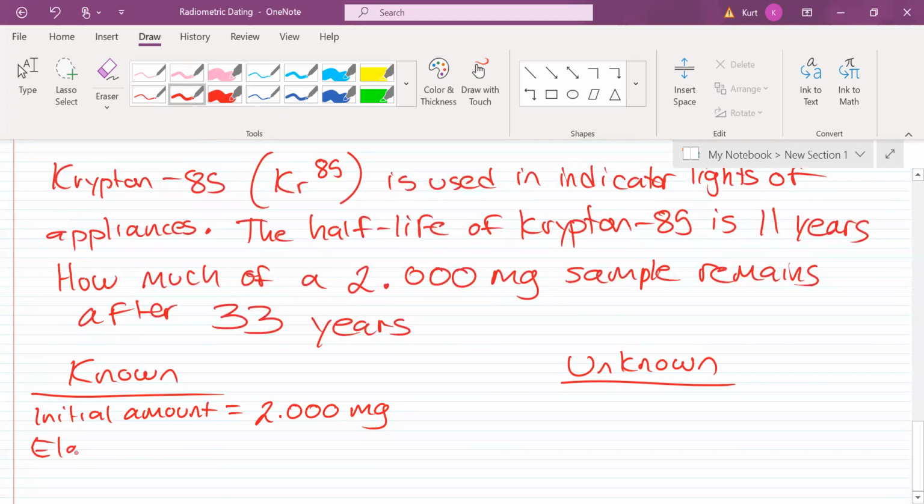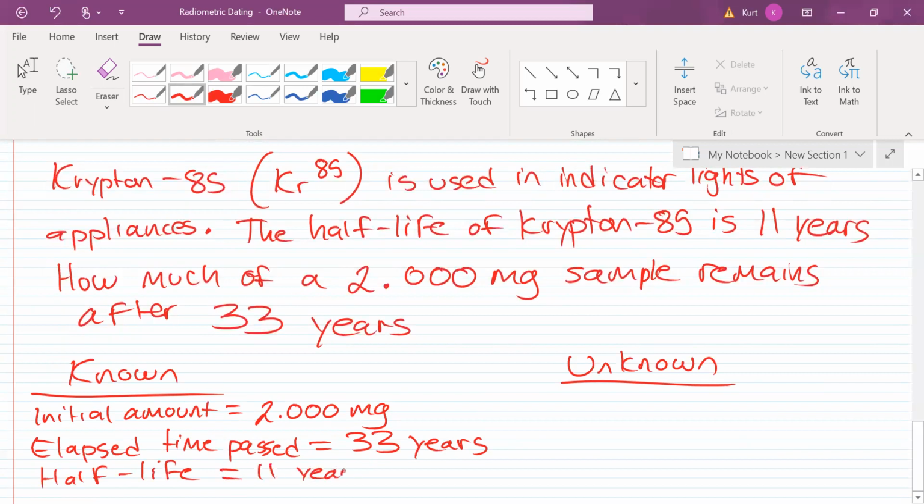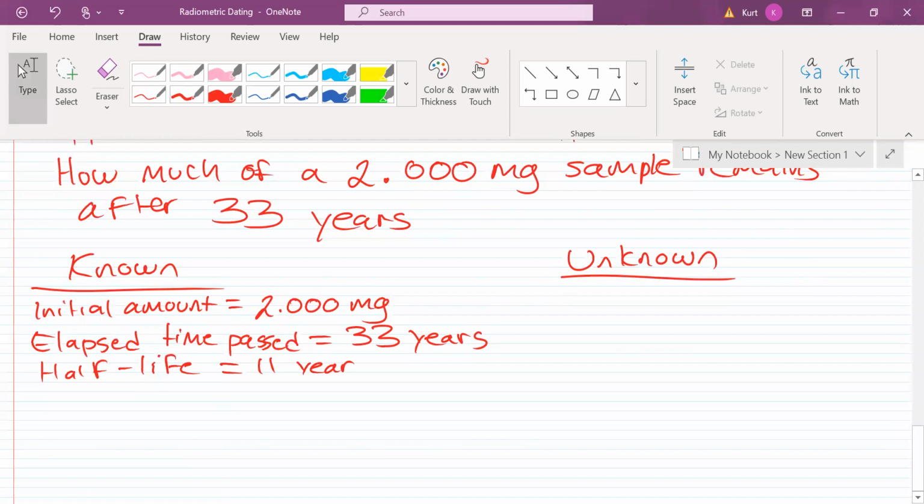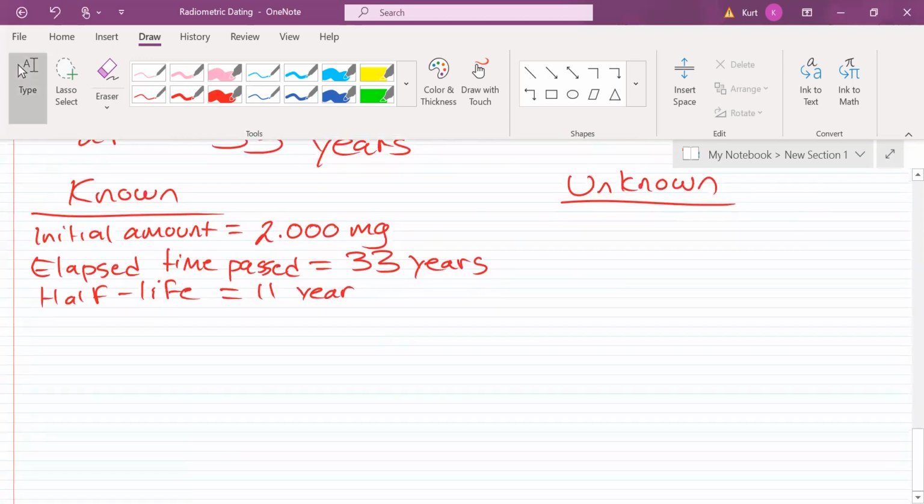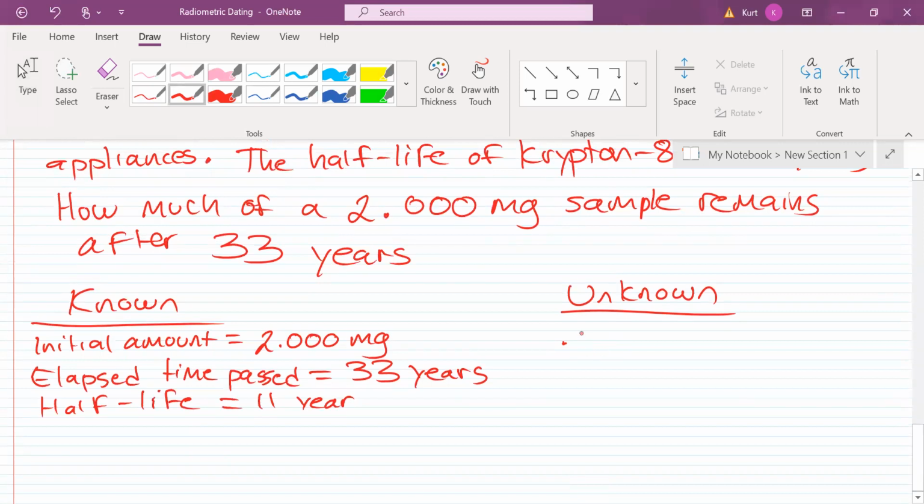The elapsed time that went by is going to be 33 years. And it tells you that a half-life is 11 years. So the first thing you need to do is you need to try to calculate how many half-lives are there in 33 years. So the first thing, guys, and actually before I go through this, the unknown is how much of the 2.000 milligrams of krypton 85 remains after